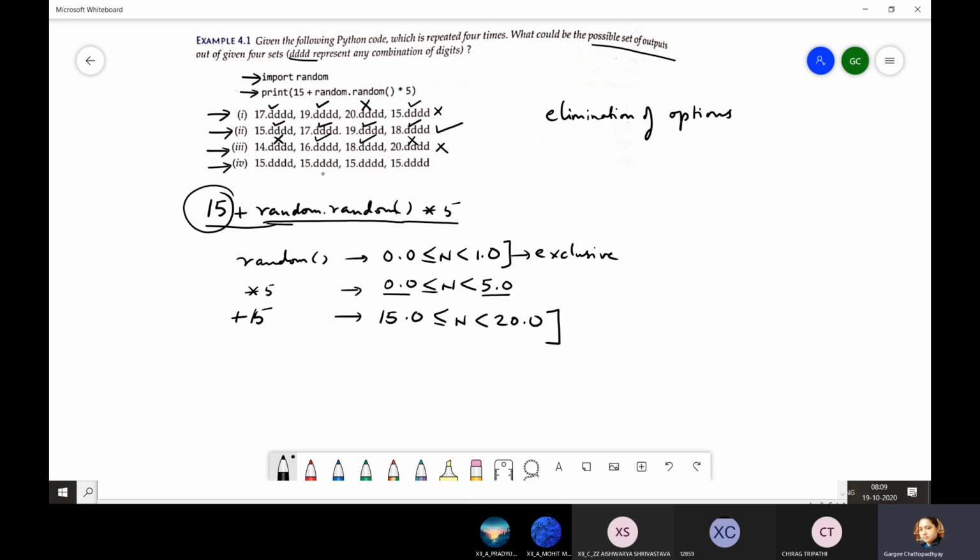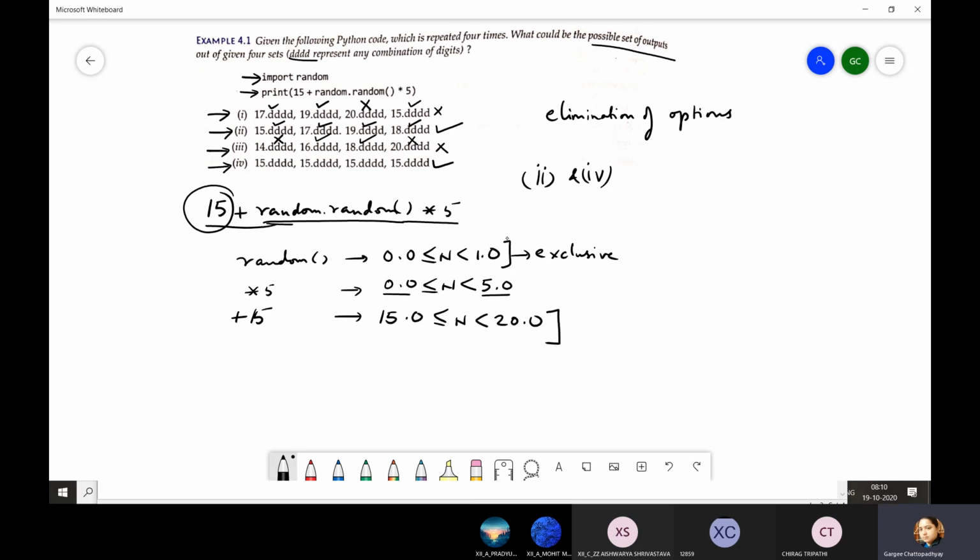Next, come to the fourth one. Tell me whether this option will be accepted or not. Yes, it is quite possible that I run it 4 times and all 4 times 15 point something is generated. So now what are my correct possible outputs? Option 2 and 4.